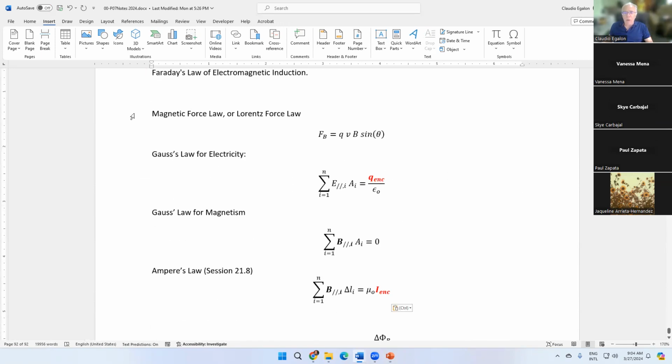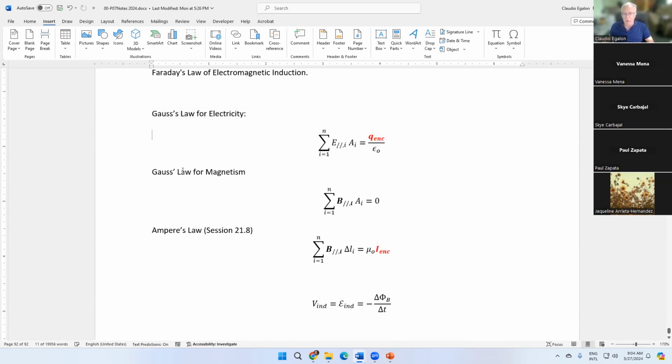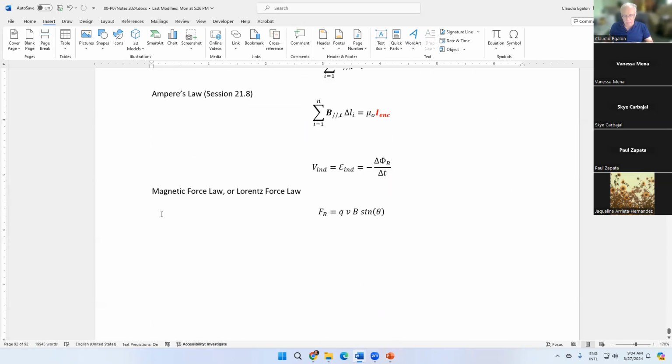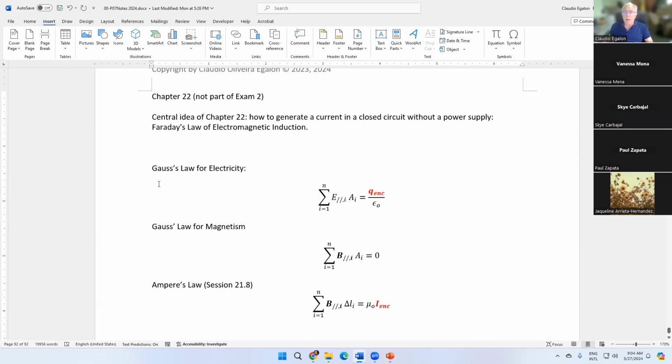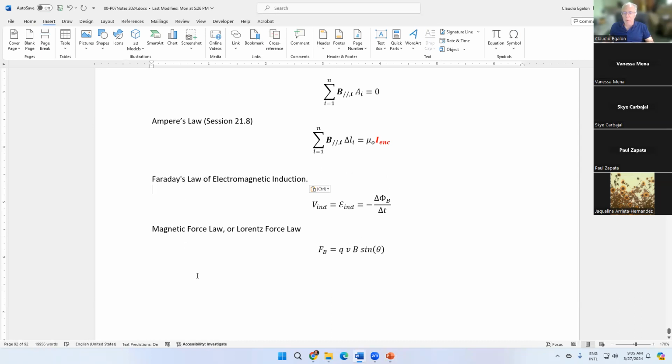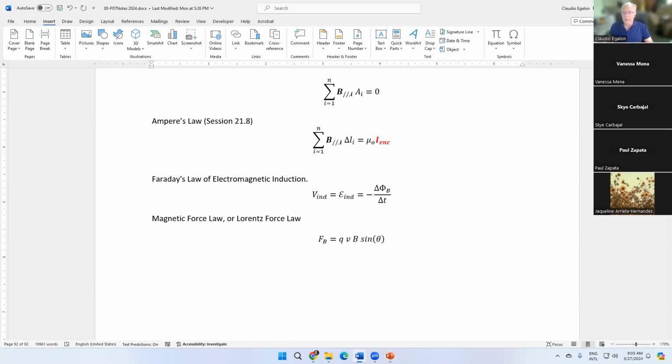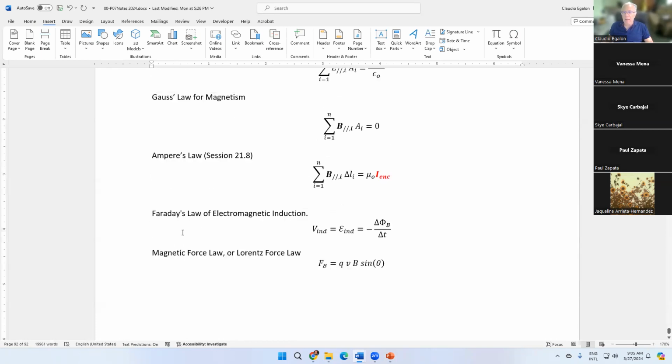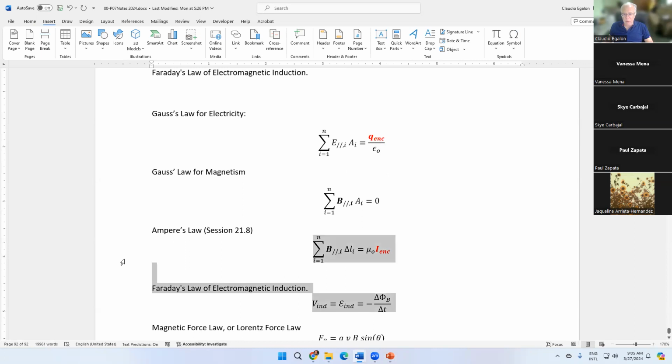What I want to do is put this magnetic force law at the end, right here. Faraday's law of electromagnetic induction, like that. Okay, 5 laws. Those 4 laws that you see here are the laws that we call the